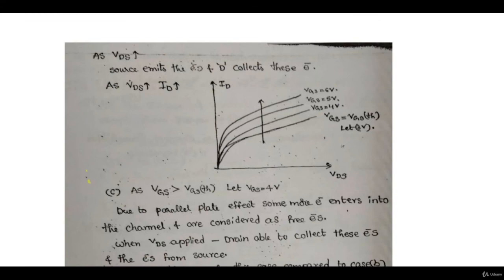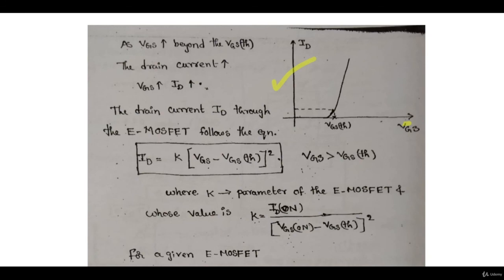This curve you should remember, and the previous curve we have seen, this one you should remember. This is the drain characteristics and this is the transfer characteristics. You should have a positive value of VDS, and only then, with VGS greater, will you have current, else you will not have any current in the MOSFET. So as VGS increases, ID will increase.